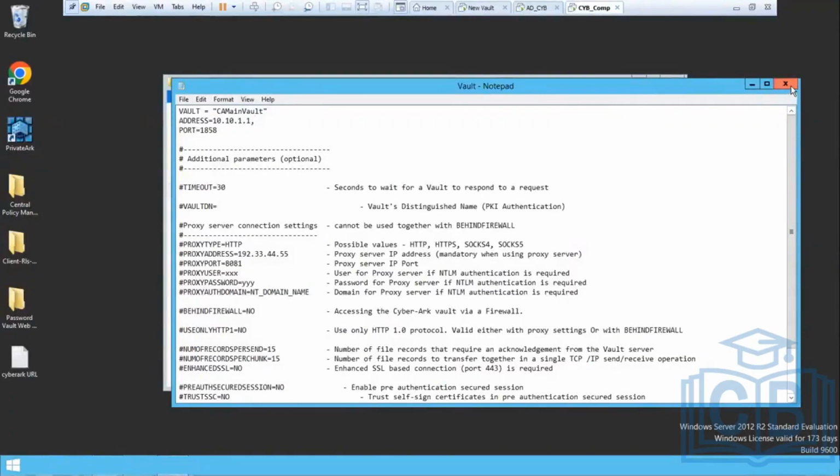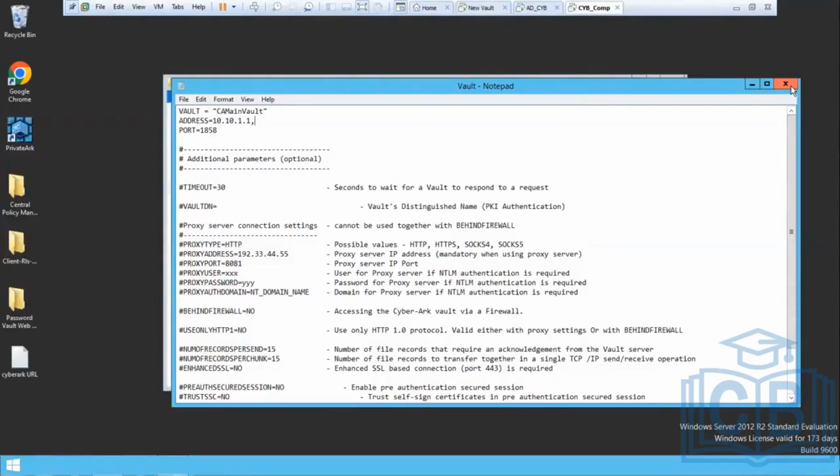As I told you yesterday, in case you are going for a long-term disaster, then we need to change our production vault to the DR vault IP. But for the other components like PVWA and PSM, we always need to put both the IPs. Why we need to put both IPs: in case of some split-brain scenario or some network issue,